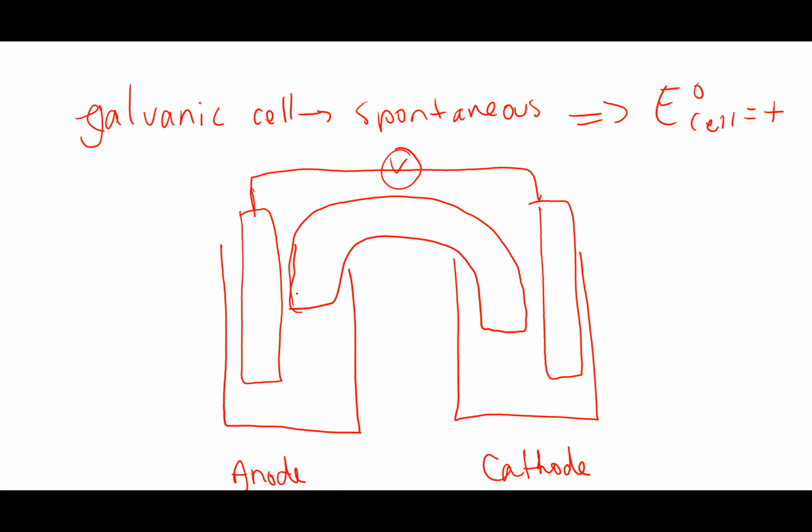Okay, as I drew it a little, maybe too big that time. So just remember that your anode is where oxidation occurs and your cathode is where reduction occurs. So let's pick some colors here. I'm just going to make up a metal. We'll call this metal X, so this is metal X. This will be metal Y. Your electrodes have to be